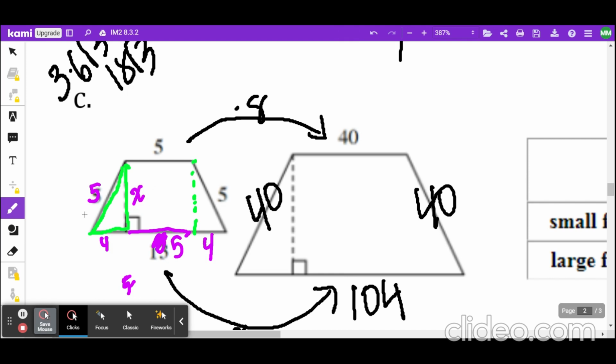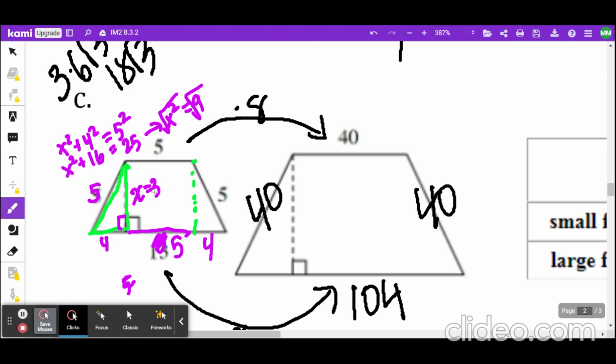And since this is a little right triangle here, I have that the legs squared, x squared plus 4 squared, equals 5 squared. So I have x squared plus 16 is 25, which tells me if I subtract 16 from both sides that x squared is 9, and therefore take a square root of both sides tells me that